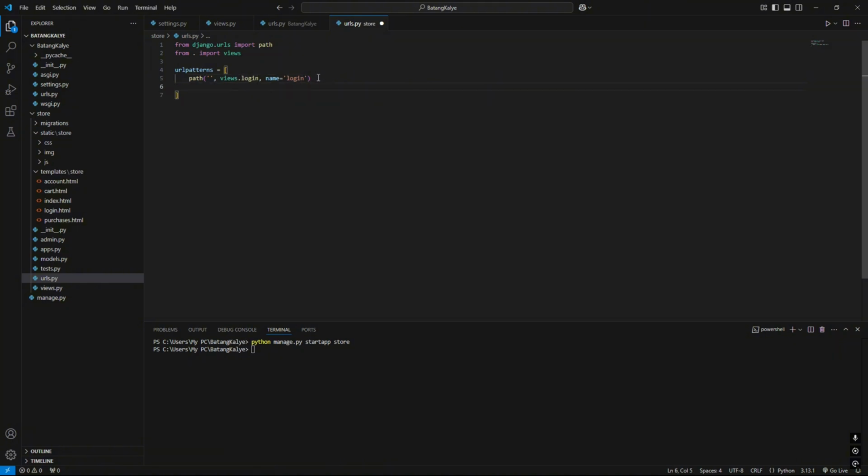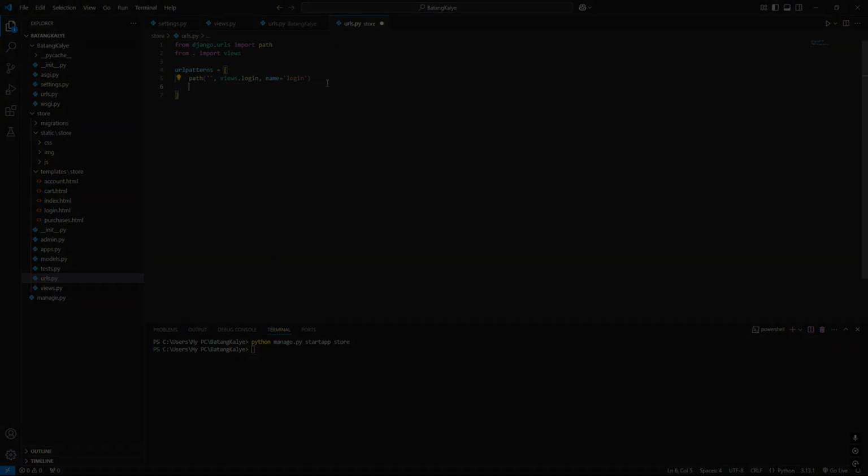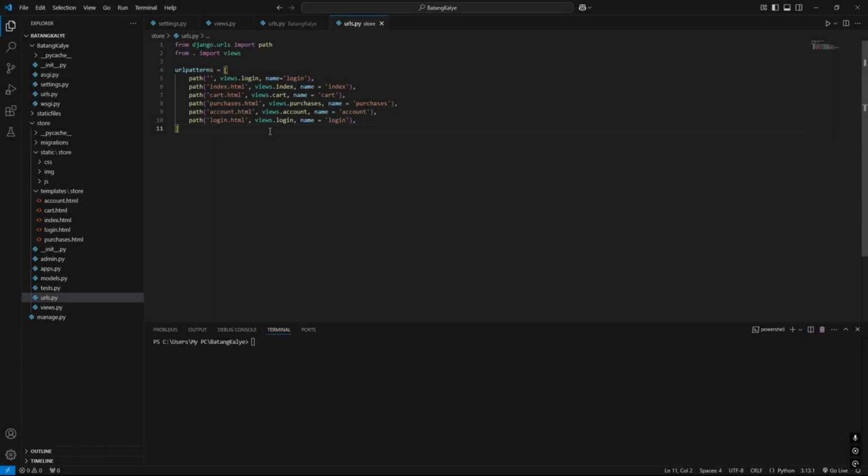Next, we're gonna just copy it. Here, I already created all the URL path patterns for our web app.